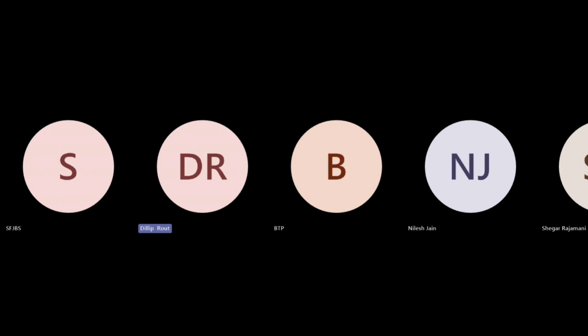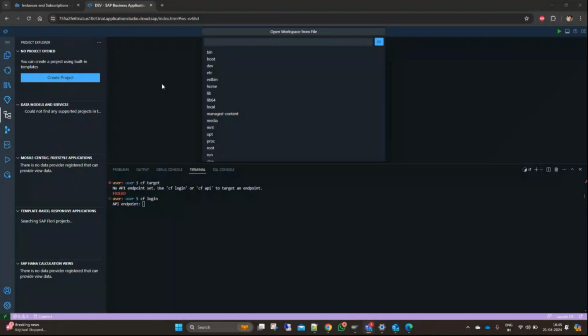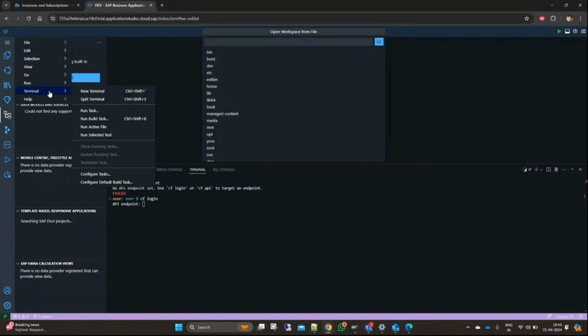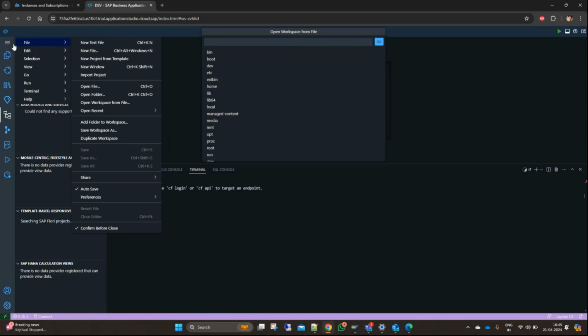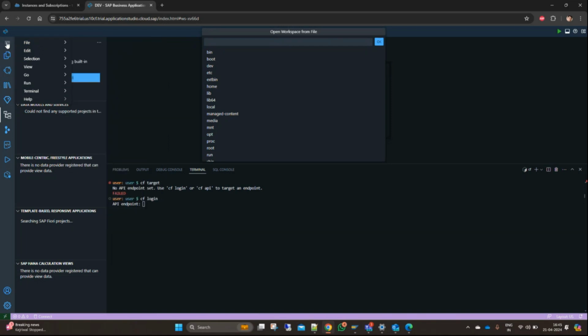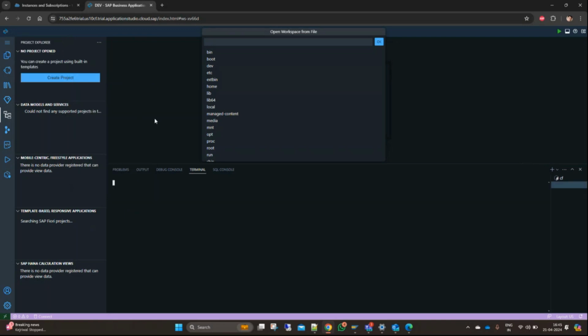Yes, I have. I need to connect to the backend now, because I have logged into the application and opened the application. I need to connect to the terminal. So you can go to the terminal, click on terminal, new terminal. You already opened the terminal, then fine. Okay, then you can put